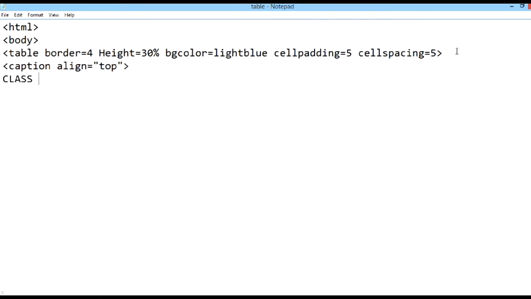So here you can see that I have written the HTML document, then I have written the body tag, then I have written the table and defined the border, height, and then the background color of the table. Then I have defined the caption alignment, and that is to the top. I have given the caption alignment at the top because I want the caption at the top. Then I have written some caption, whichever I want to write in the caption, and then I have closed the